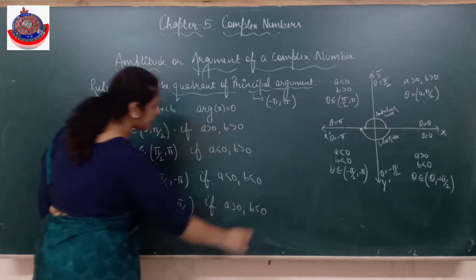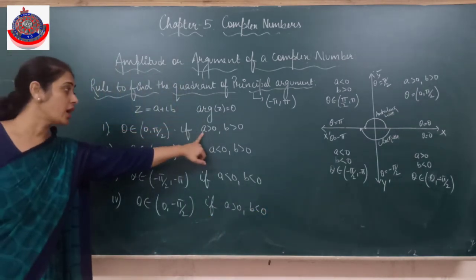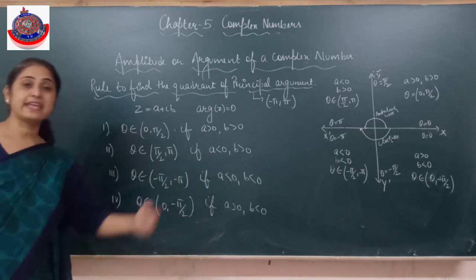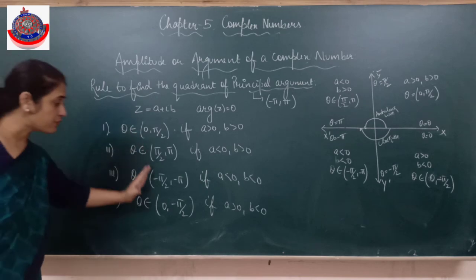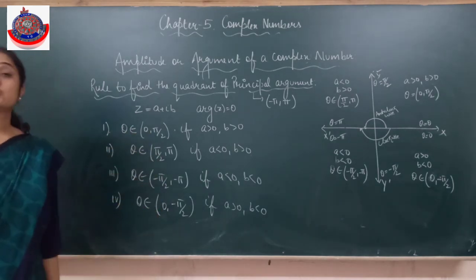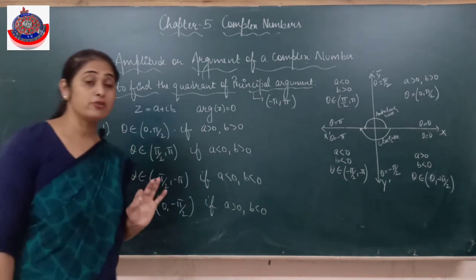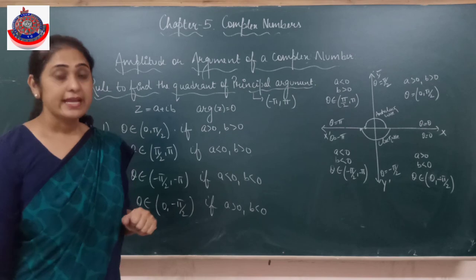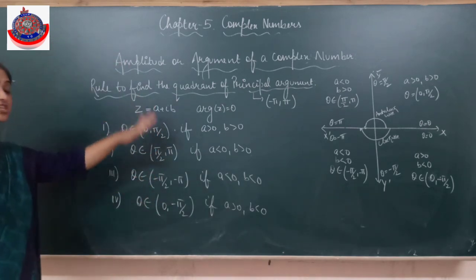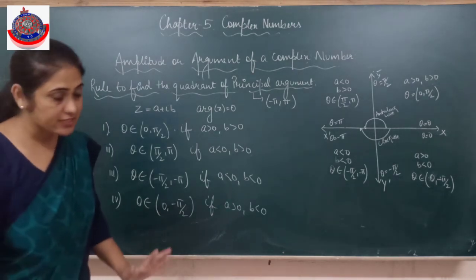That we can easily check. Looking at this, 2 + 3 iota, both positive; here one positive, one negative; both negative; x positive, y negative. So the theta values will fall in these quadrants and we'll pick up the values of theta from these quadrants. You have to be very careful. You can't pick up any value on your own. Is it clear? So we'll be picking up the values of theta from these quadrants if such a thing comes. Alright. When we do examples, things will be more clear.